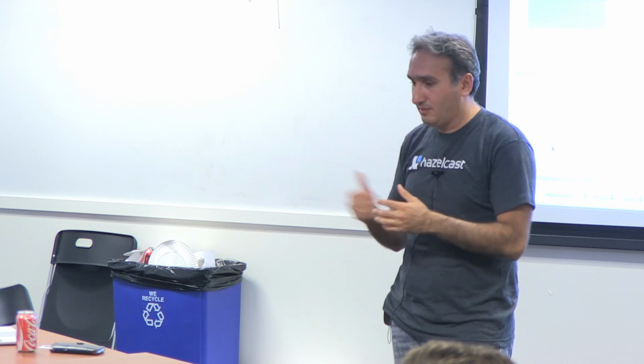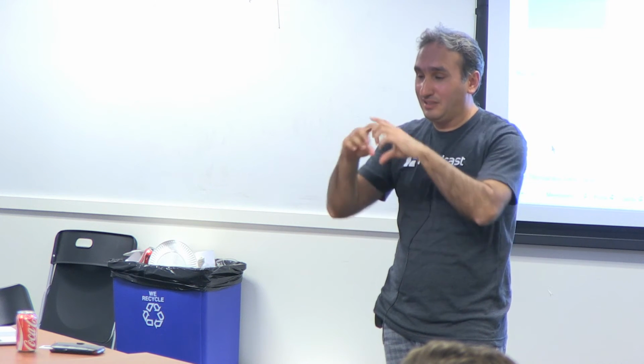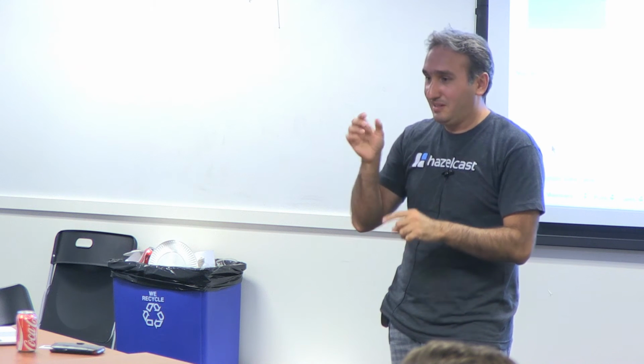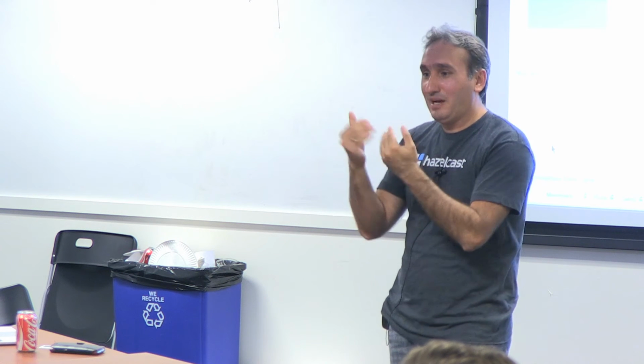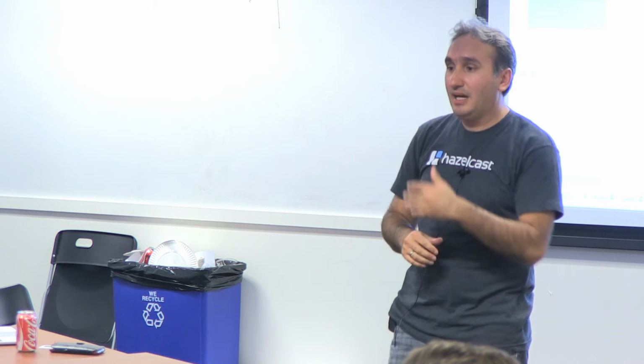So Hazelcast has built-in merge policies. You can use any one of them, but you can build your own too. In that case, there's an interface called merge policy. We pass you two values with metadata like version and update time and all that stuff, and then you make a decision on the final value of the key. But as I said,